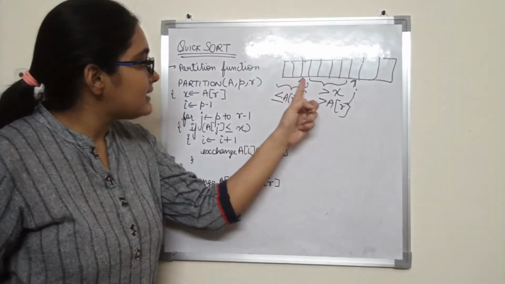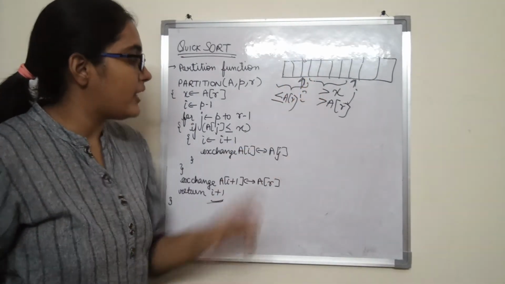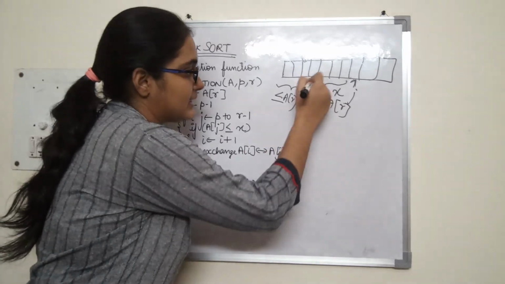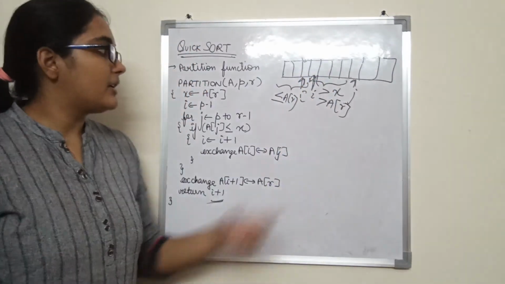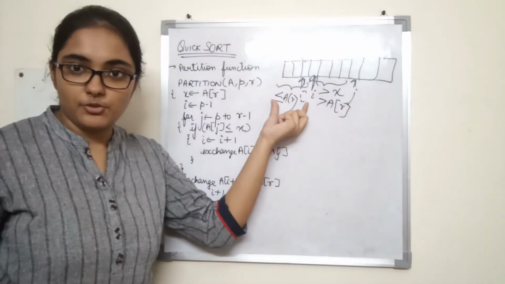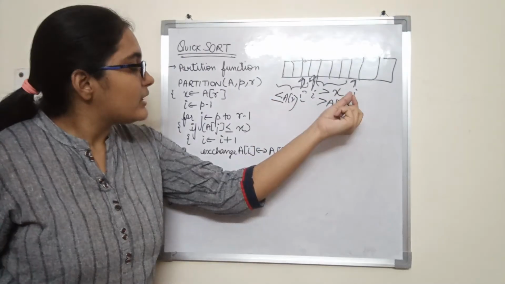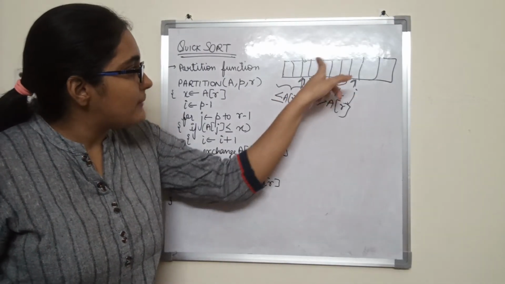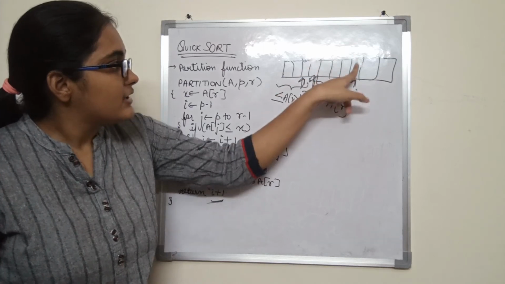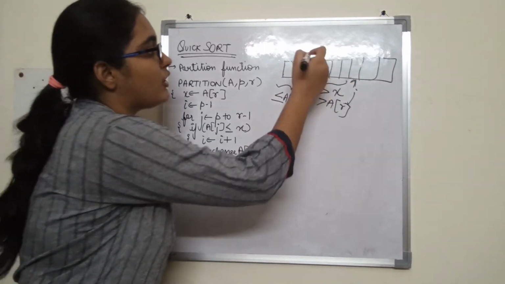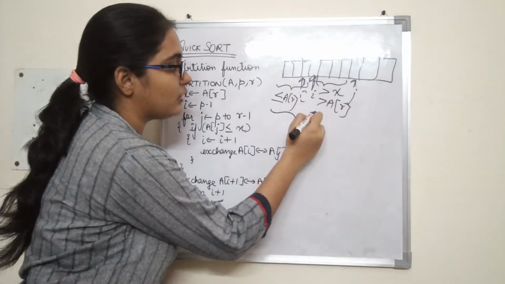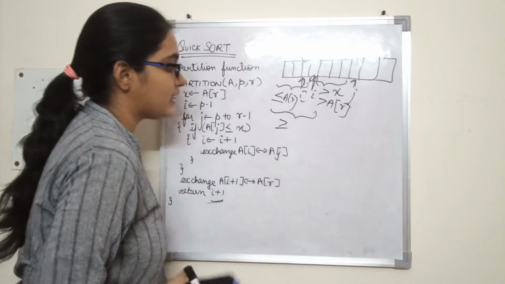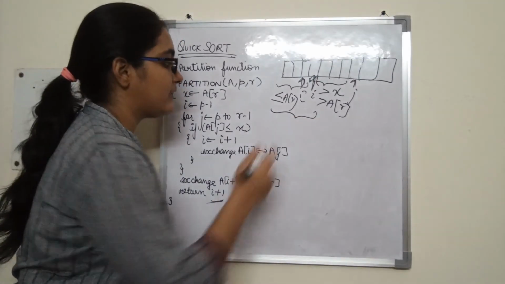So it increments i, it points here, because now the group will contain even more smaller elements. So it will increment i and swap just these two elements, right? Now again this property will hold, that less than or equal to A of r. This property will again hold,